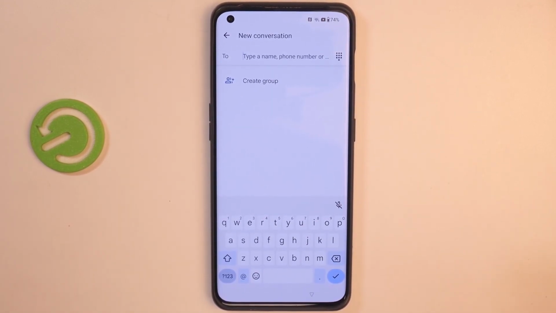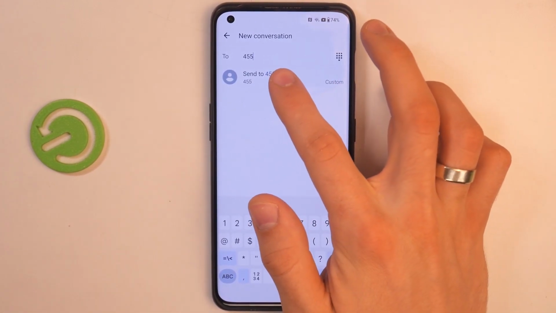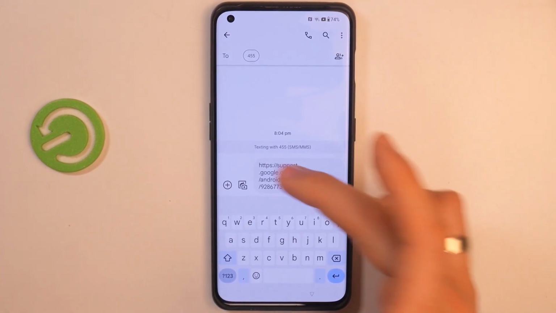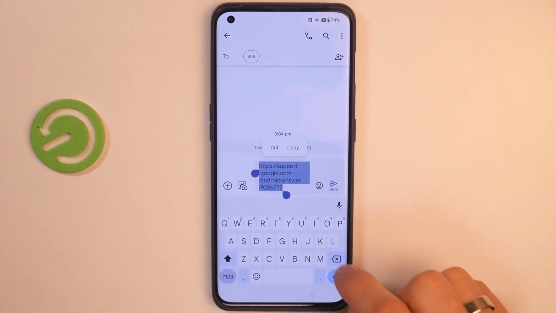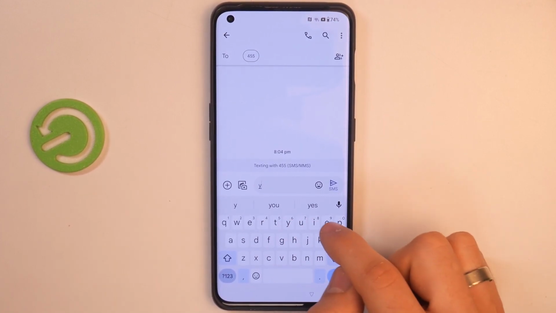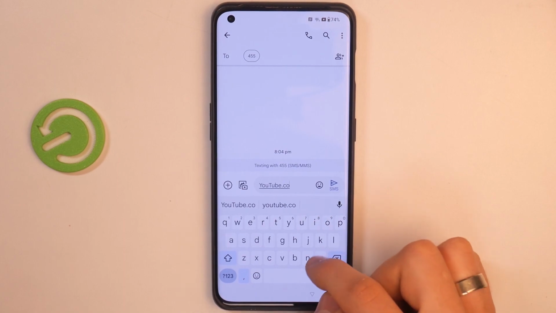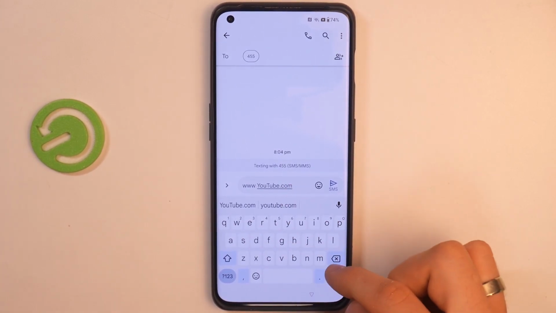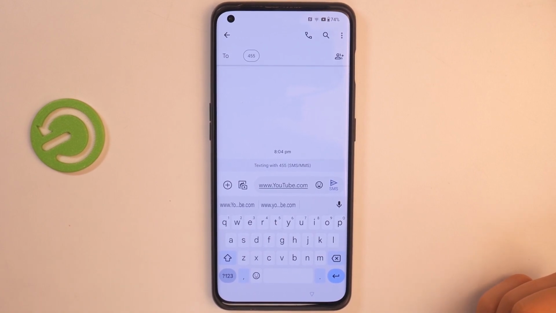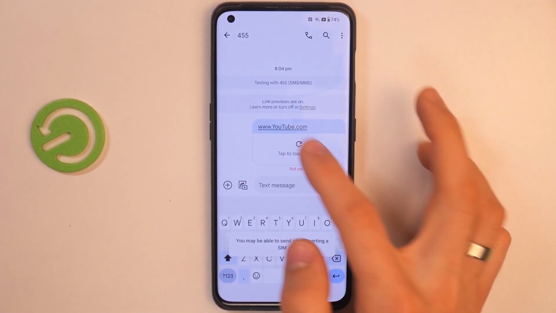Click new message, and here you can write any digits, for example 455. Now click on send to 455, and as you can see here we have the Google web address, but we need to remove it and just write with small letters youtube.com. But it will be better if you write www.youtube.com. And now just click on SMS send, and here as you can see we have tap to load